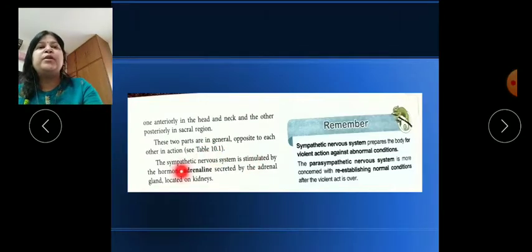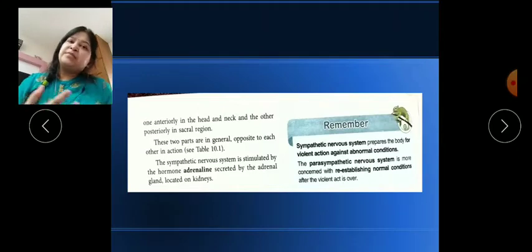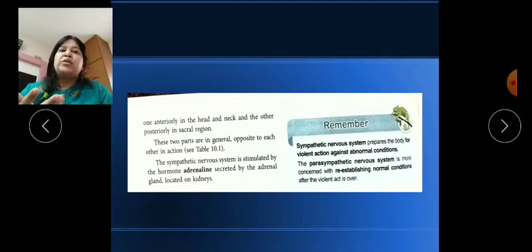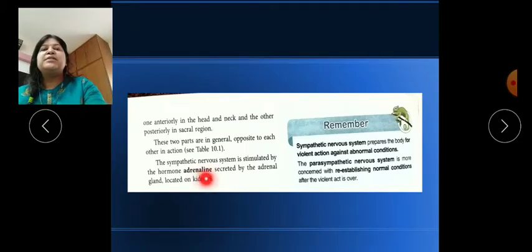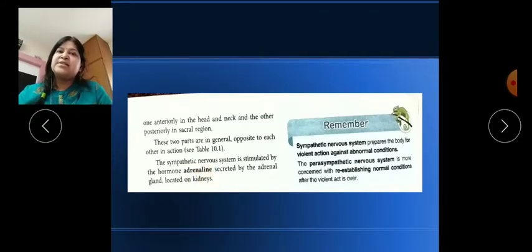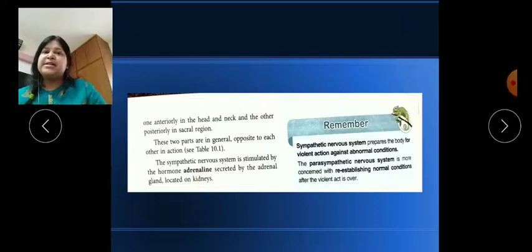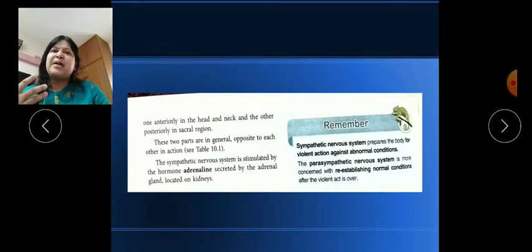So what happens during the sympathetic nervous system? In class 8 I explained the endocrine system to you. Our body has the endocrine system, so many glands are there, and they stimulate hormones. Adrenaline, you can see here, is a hormone which is secreted by the adrenal gland, which is located over the kidney. This gland is basically called the emergency gland, and because of this gland we feel our emotions, sadness, happiness, like this.